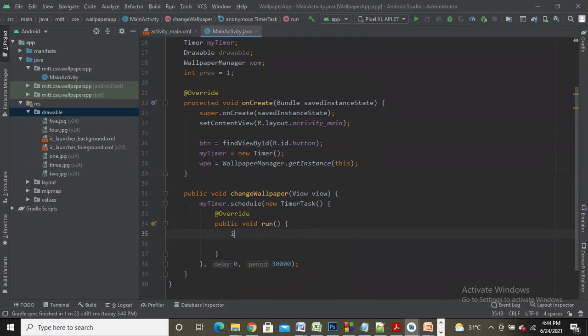So for that, I'll write if preview equal to 1. So I'm comparing whether my preview value is equal to 1.